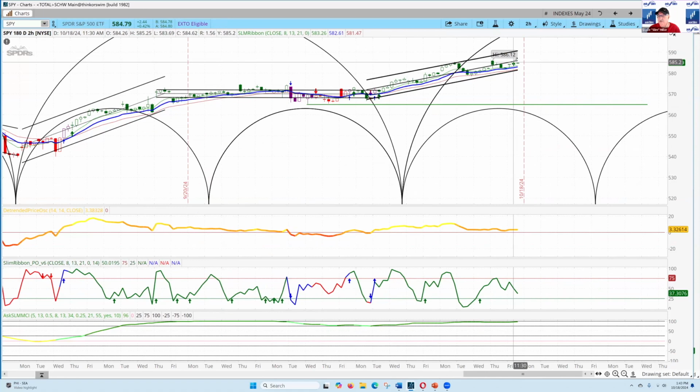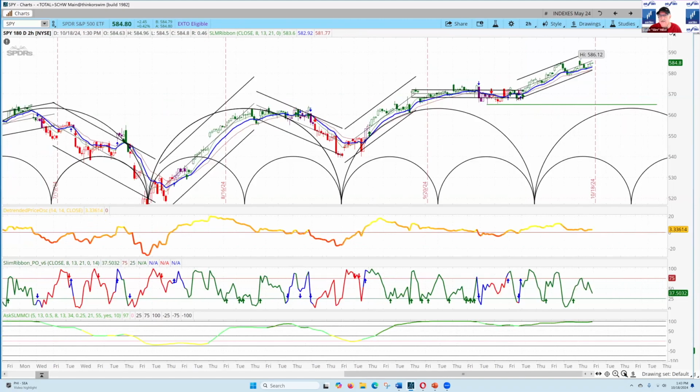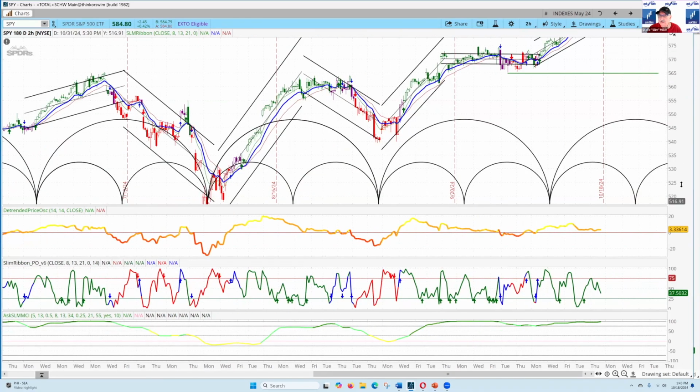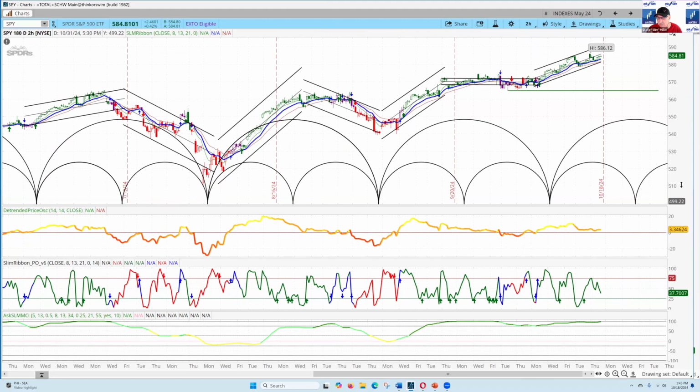In the meantime, this is telling you there's no reason to be short yet, because on top of the indicators that we're looking at, this linear regression, which gives you a channel set up, I believe it's a 1 standard deviation, is telling you that the sum of all the data from this cycle low to where we are right now is to the upside. That's what this all looks at. And this, you can see, is just a phenomenal way to be looking at the market conditions based cyclically on this 2-hour chart, which has the daily information put over it.